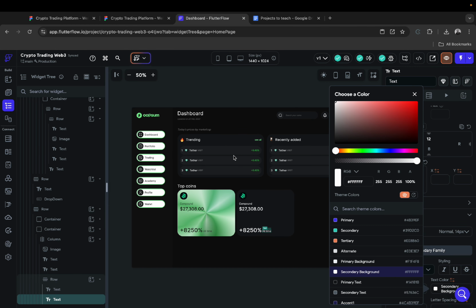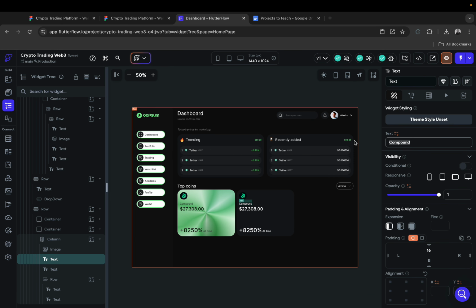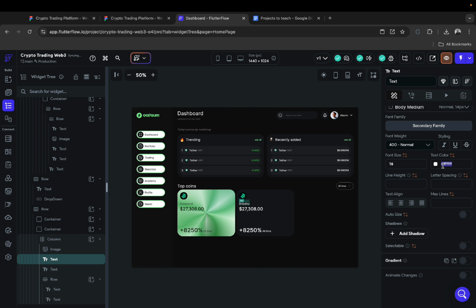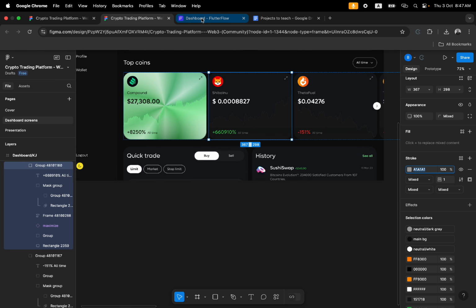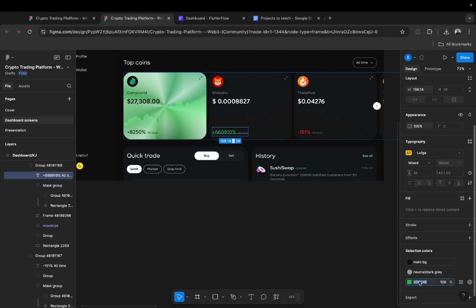So Shiba Inu. Let's change this to Shiba Inu, and then let's change this to this color. All right, and then this one is okay. Leave it like that. And then this one is 66. All right, this is green, and let's copy this